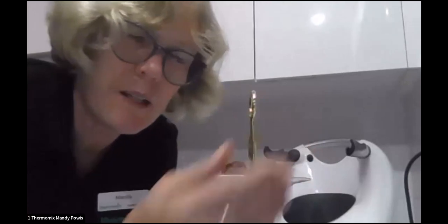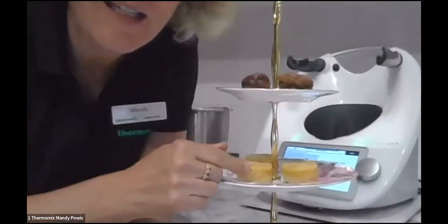So generally, most things that I make in our house, I make into mini muffin molds and I freeze. And then we've just got a little snack, so we can have two, or we can stop ourselves from picking out and just have one. So I just thought that was a really nice idea for an afternoon tea. So I'd love to know if any of you guys like that idea or what else you would make in